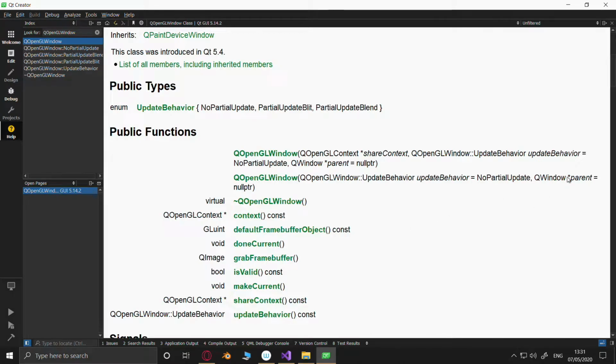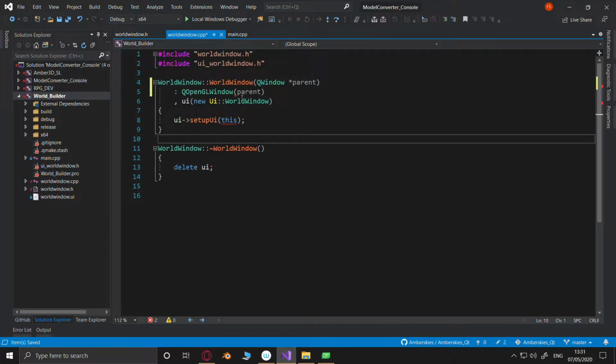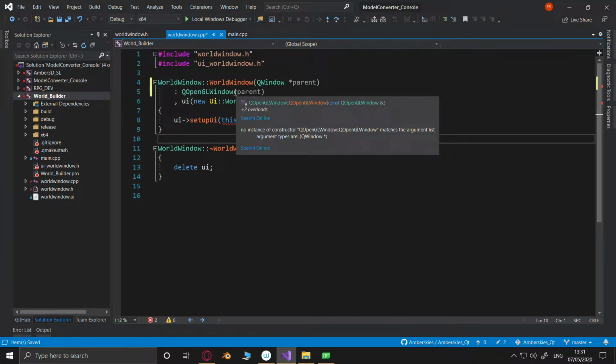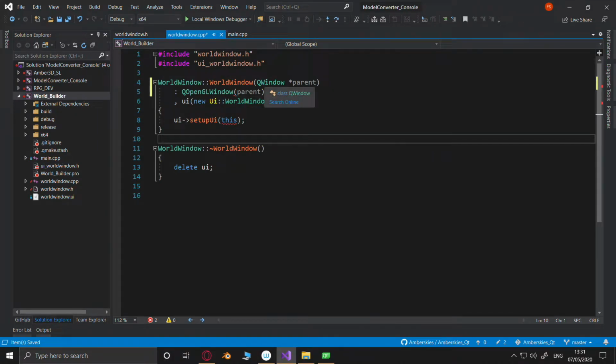Gui window star. Parent equals null pointer. What's it talking about? Is it giving me garbage again? Oh, right, I see.